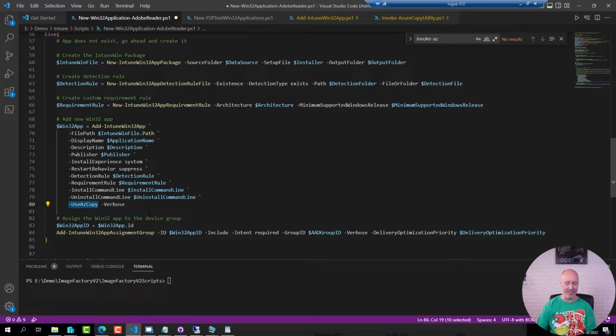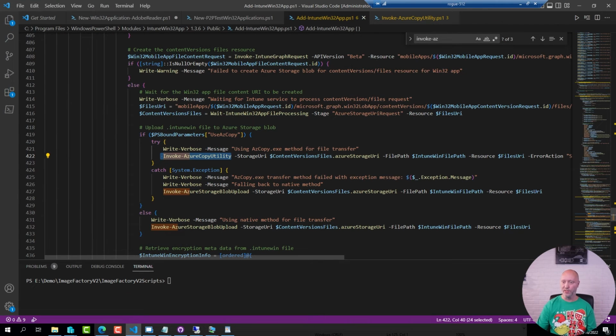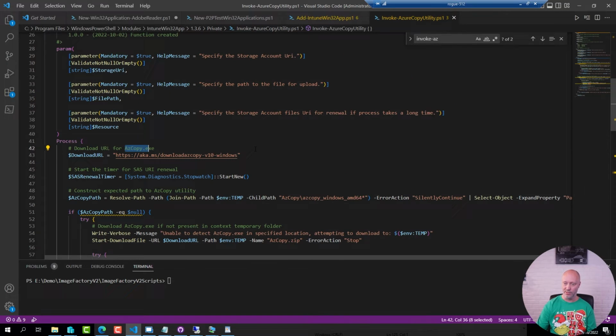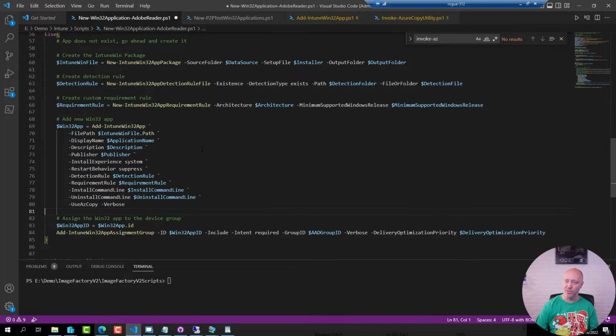Now, if I look in one of the public functions here, you can see that the script is now using this particular function here. It's a private function, and that function is in turn downloading that utility and using it later in the process. Now, if I run this script section by section,